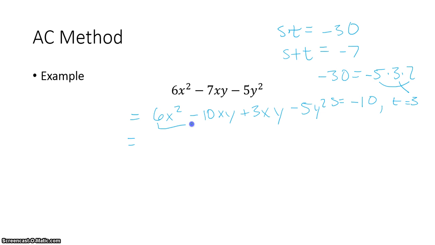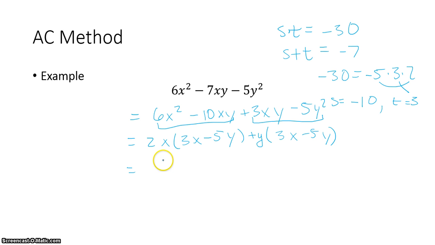First 2 terms, I have a 2x I can factor out, leaving me with 3x minus 5y. Second grouping, looks like just a y common. So I have plus y times 3x minus 5y. Finally, using my greatest common factor of 3x minus 5y, I am left with 2x